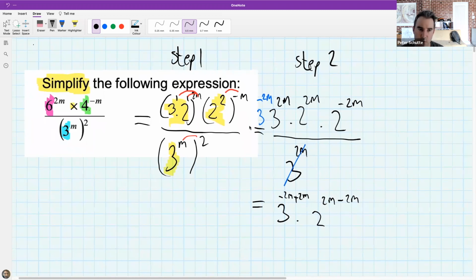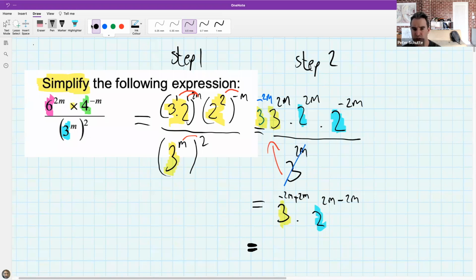So all I did was I moved this to the top, and it went from a positive power to a negative. And then I looked for bases that were the same. So this base was the same, so you'll notice that it's there. And then this base over here, and then I added the powers like that. I want to know in the chat, what is the final answer? What is the final answer that I get for this? I'm not finished yet, but